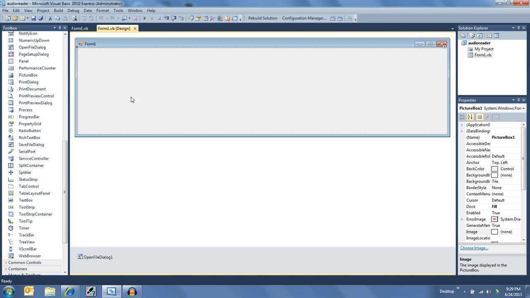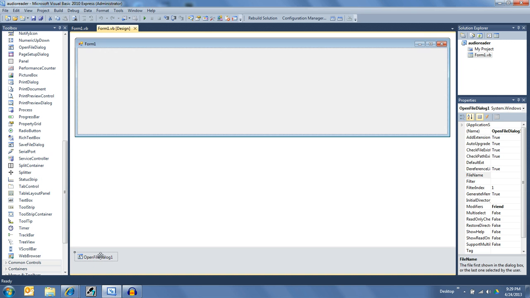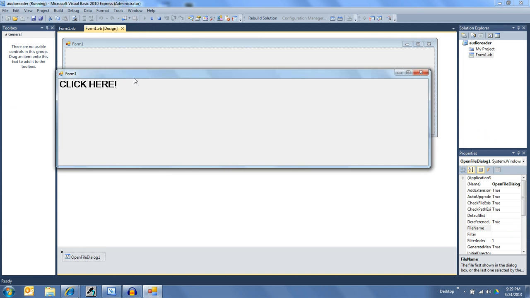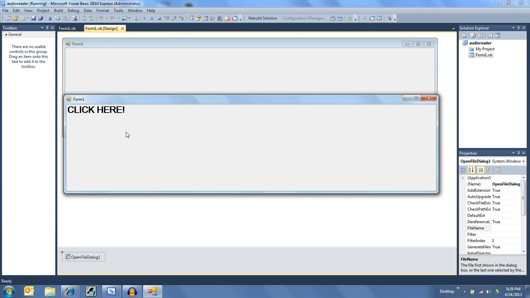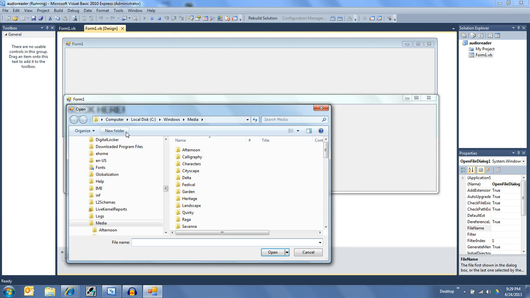I have a form with a picture box that is set to dock in parent container, which is the form. So whatever size the form is what size the picture box is. And then I have an open file dialog here. So when I hit play, I have the picture box say click here, and I have an event. When I click the picture box, it opens up the open file dialog,